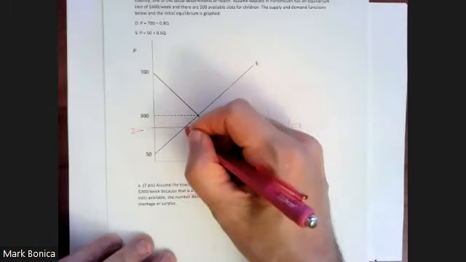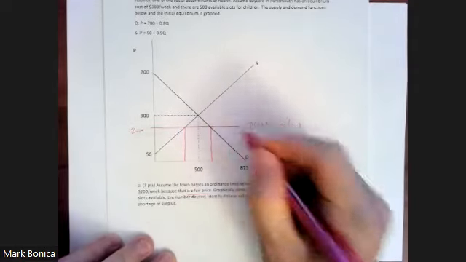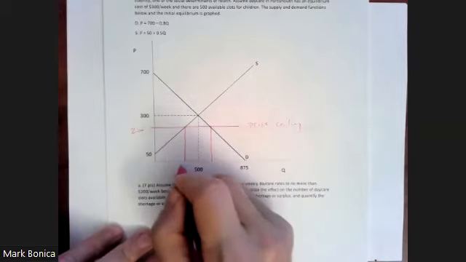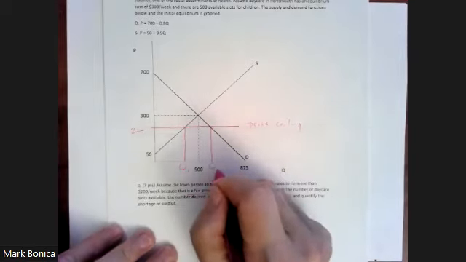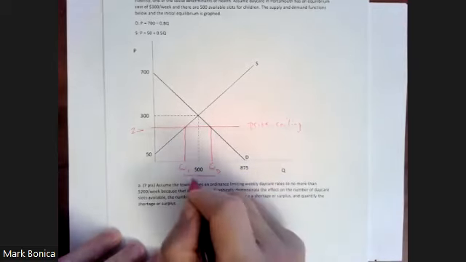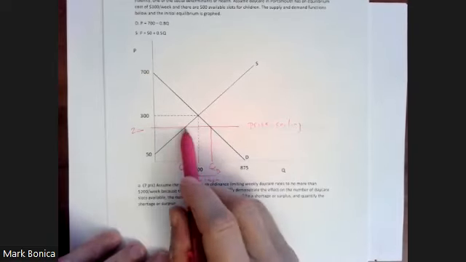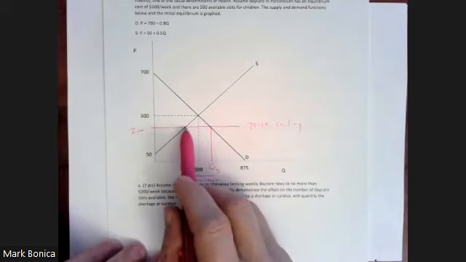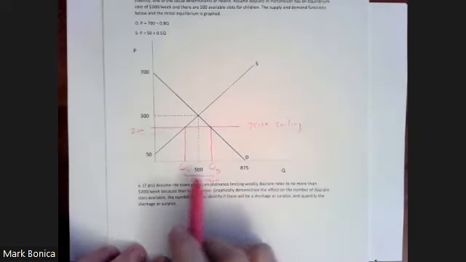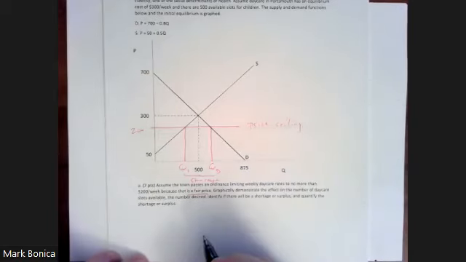Well, we just follow the price lines through to the respective supply and demand functions, and the price hits the supply curve first, so that's QS, and then QD. The gap is going to be a shortage. Why? Because at a price of 200, we'll get less supply of daycare, and at a price of 200, there'll be more people that want the daycare, and so we'll be out of equilibrium. How much daycare do they want?